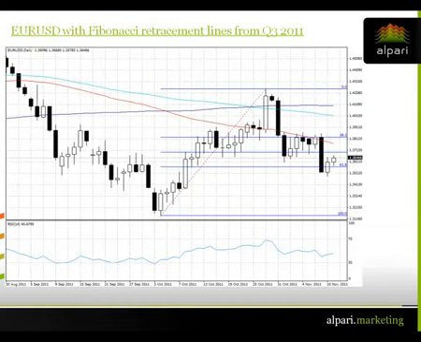Now with Fibonacci, there's a few numbers that you look for. Now 61.8 is the key number on Fibonacci. Okay, that's the key one we look for. And like we were saying before about support and resistance, you have to give it a little bit of leeway, a little bit of time either way. This is in the textbooks about Fibonacci, is that you give it leeway. If there is a break, you look for the reaction. And that's a key thing.